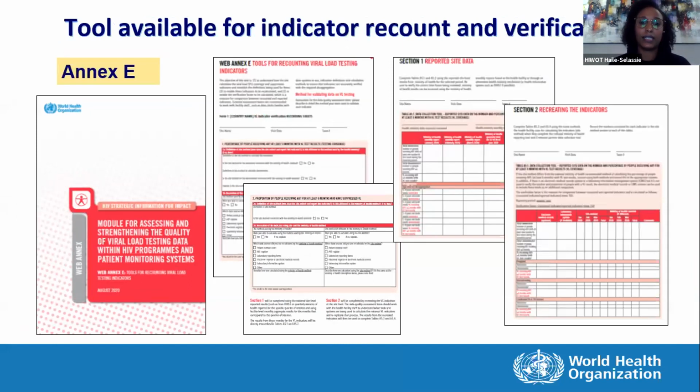Another tool that we have, again, that we've all come together as partners and have consensus on, so this should hopefully streamline implementation at country level, is an actual tool for doing the recount and the verification of the indicators. So there's one tool for viral load suppression and another for viral load coverage, with detailed space for all the different disaggregations for age and sex and pregnancy and TB and key population. So if countries are able to go down to that disaggregation, there's space in the tools to allow that.